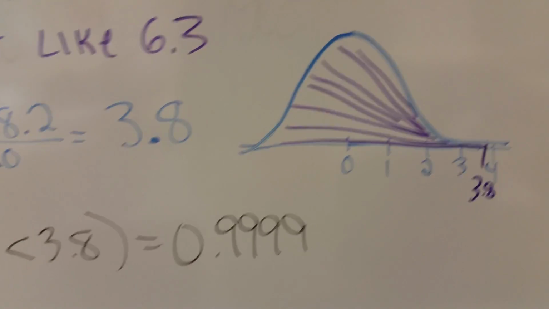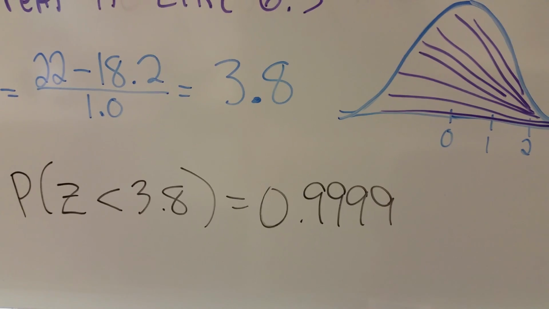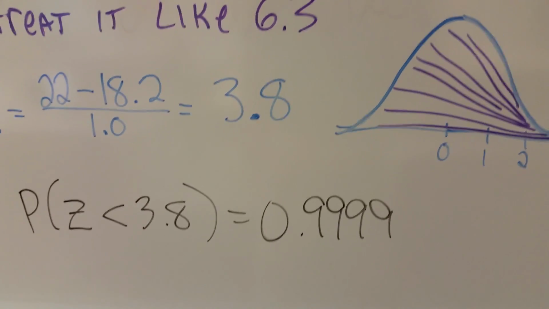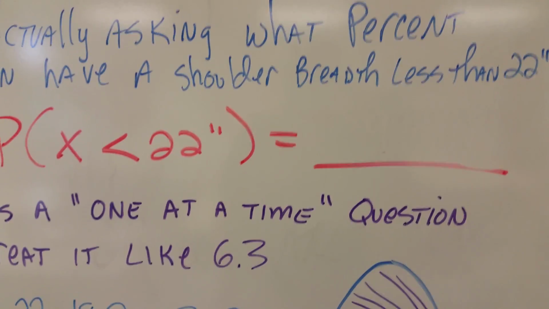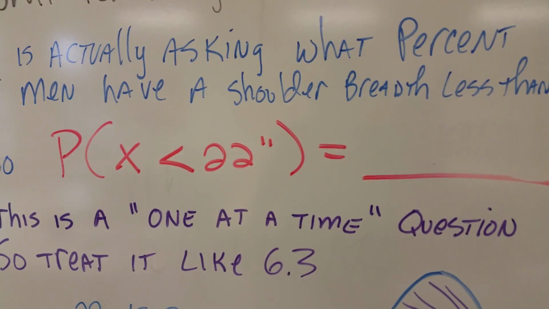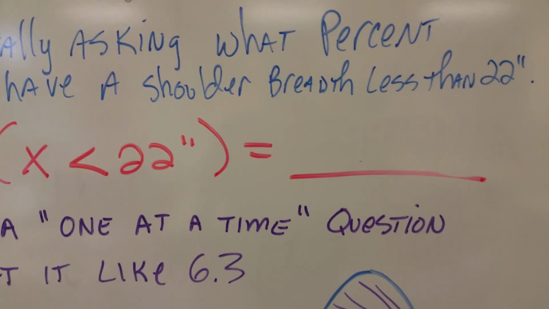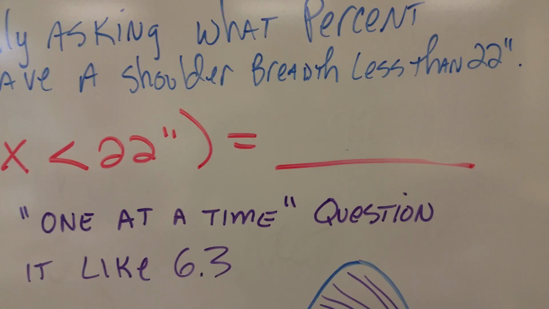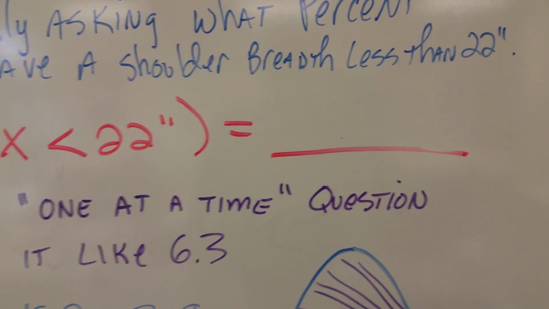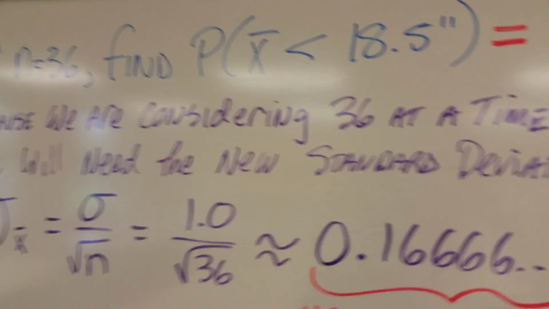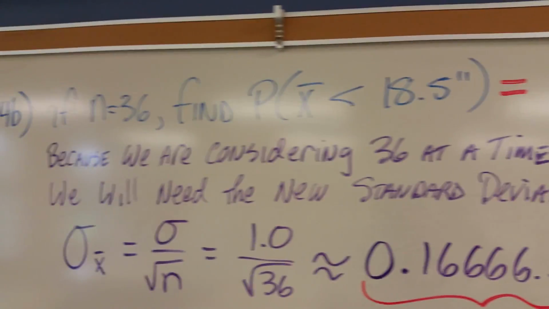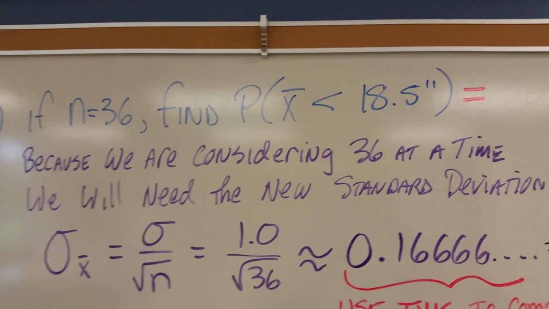so that's just going to be the table value, which is 0.9999. So that is our probability of getting an individual that has a shoulder breadth less than 22 inches, 99.99%. In Part B, they ask us to consider what if we look at 36 men at a time,